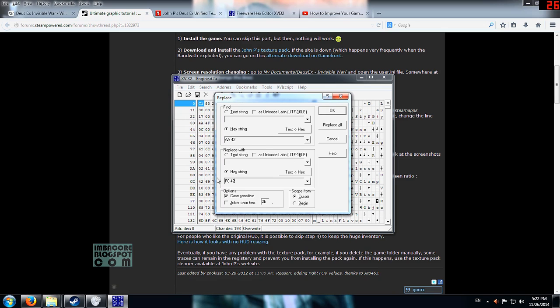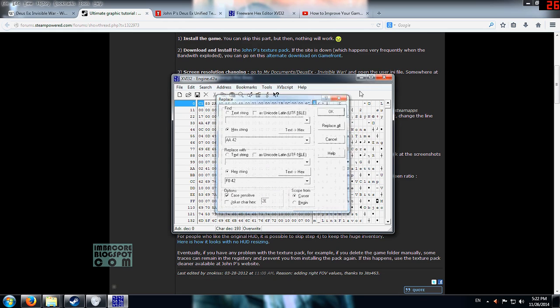I already did this, so it's not going to find any AA42 entries because I've already overwritten everything by clicking on replace all with that. So after that,